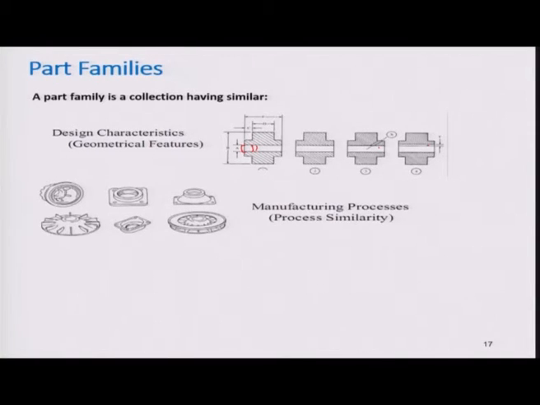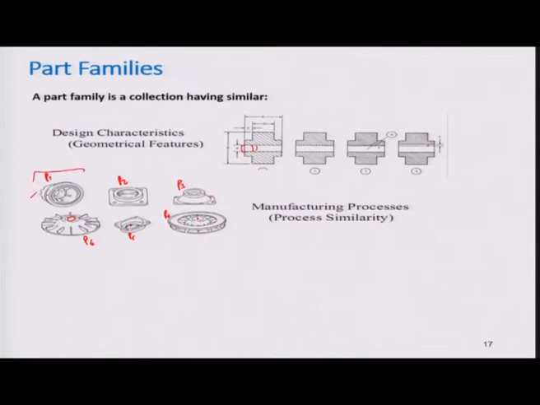Now the manufacturing process. Here you can see part 1, part 2, part 3, part 4, part 5, part 6, but each part requires a similar kind of process. Suppose that you have to make a drilling in each part: drilling will be done here, drilling will be done here.